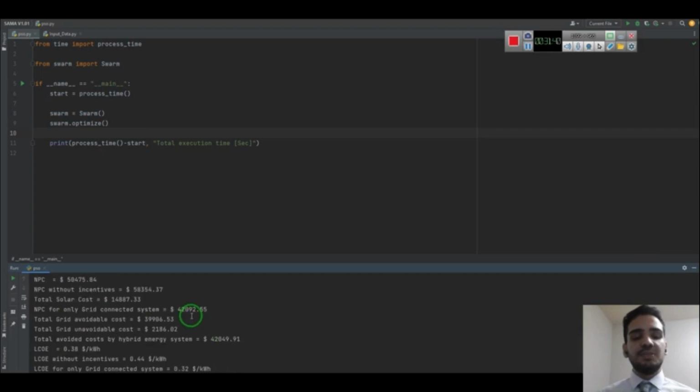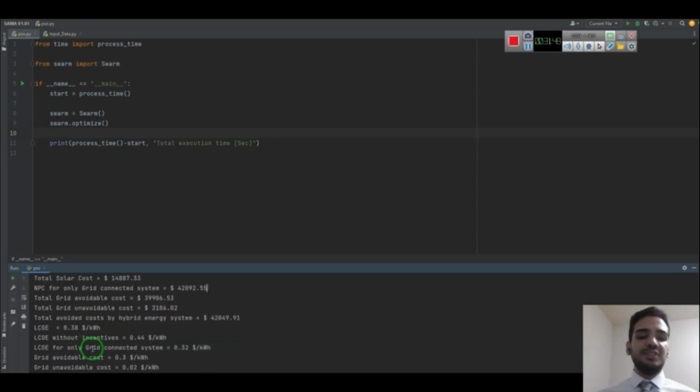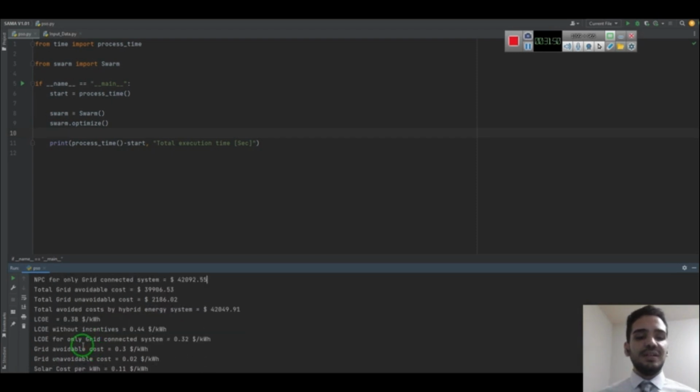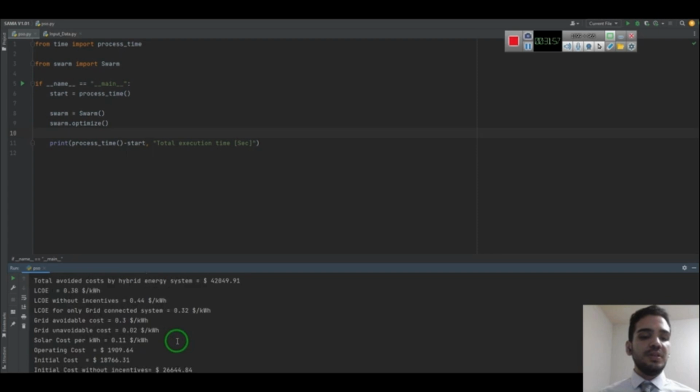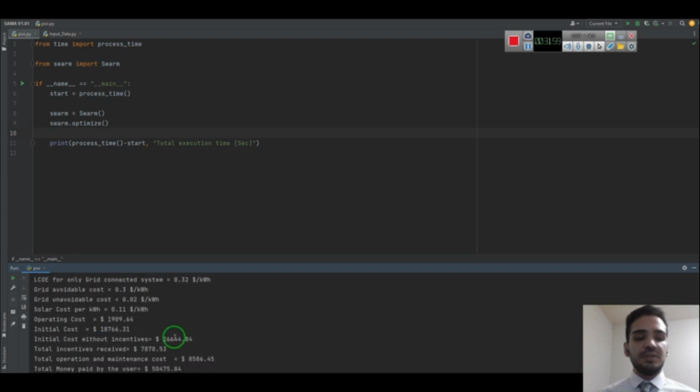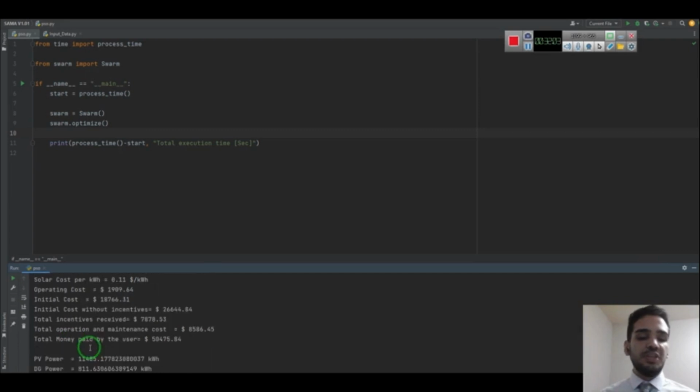So you can access more economic results here, like the levelized cost of electricity, which is 38 cents per kilowatt hour for the off-grid system. And also you can see the levelized cost of electricity for the utility is around 32 cents per kilowatt hour. And you can see other economic results like initial cost reported by SAMA, total operation and maintenance costs.